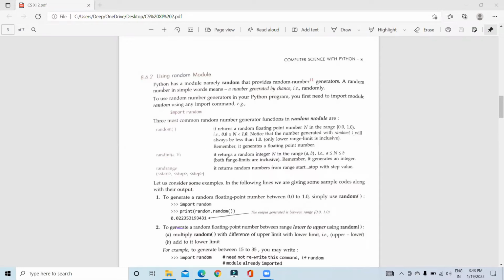In randint, it generates a random number lying between a and b, including both a and b. Okay, so I think it's clear. What is randrange? randint and randrange are the same, except for one difference: in the randrange function we have this step. So it returns random numbers from range start to stop with a step value. Got it? So step value means, suppose a start number